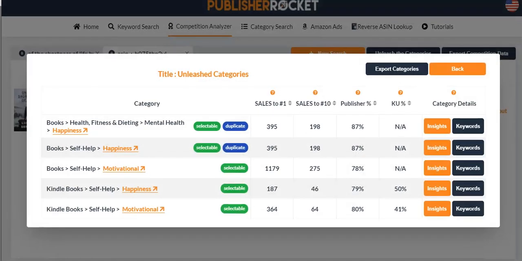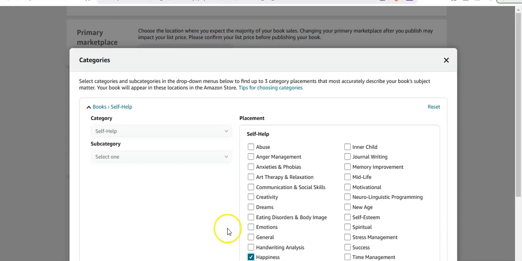Go look at some of the other categories they were in. Happiness, motivation. Okay, so we'll come back here. Motivation is right. Motivational. Now you can only select 3 categories for this book.